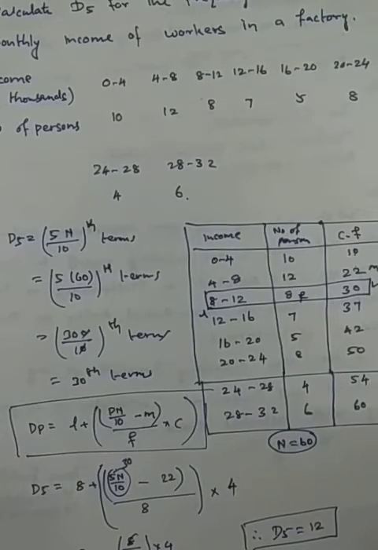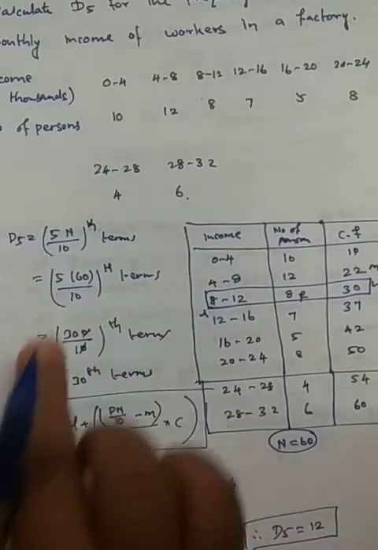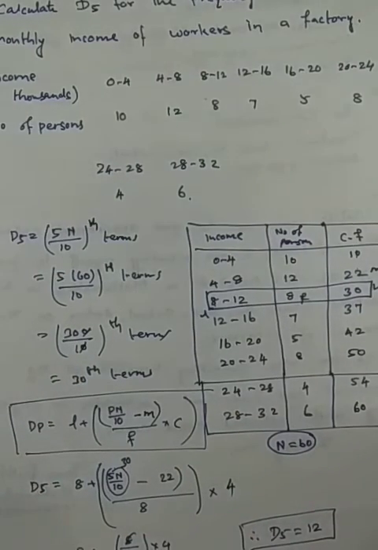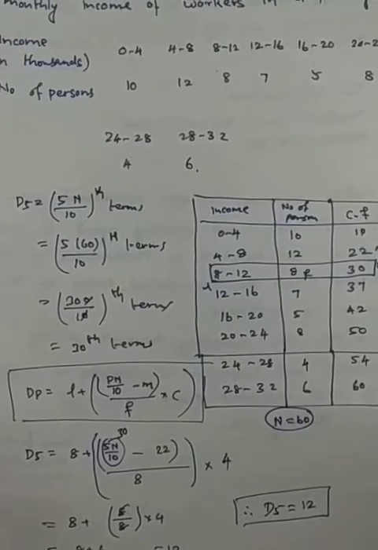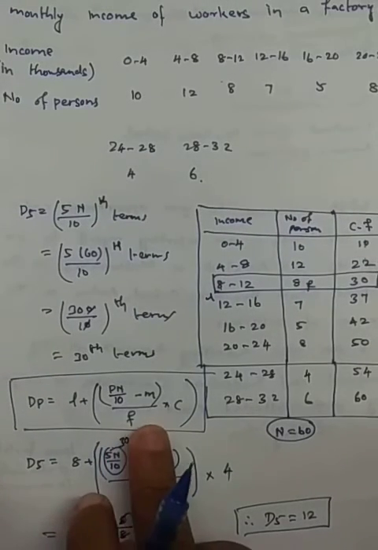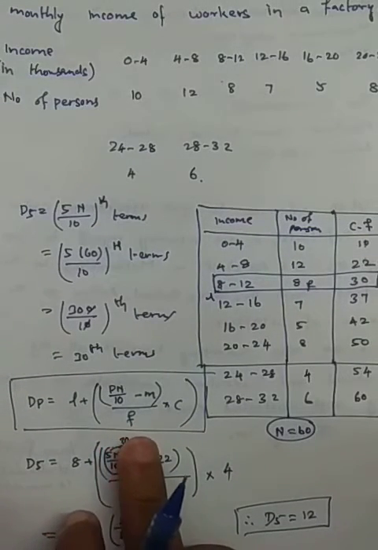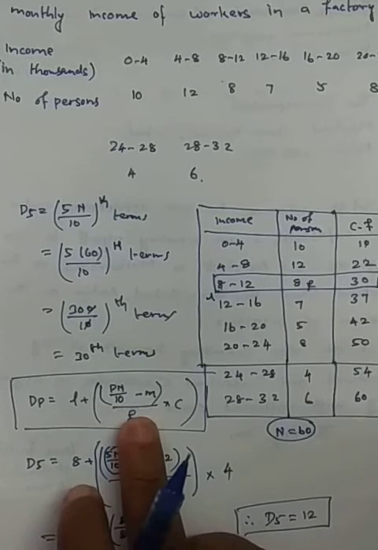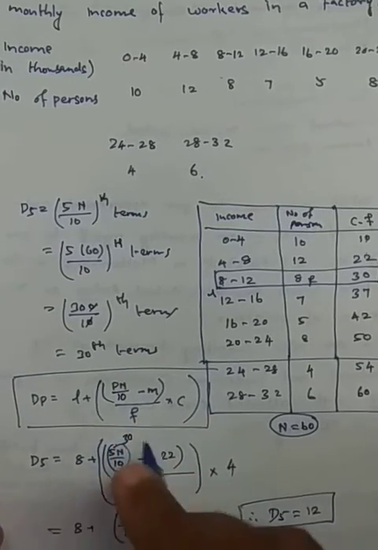Okay, this is the way of finding it, the formula 5n by 10, you do it. So that's all about this one. Since this is a grouped case, we have already done it for quartile and median also. We did the same, but this segment alone will change, keep that in mind. Okay, so now come back to another topic.